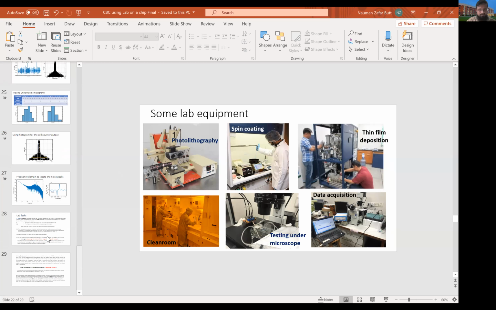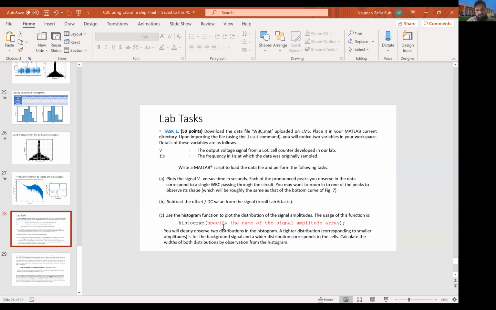चलिए ठीक है, तो लेट मी क्विकली एक्सप्लेन द लैब टास्क ताकि आप आराम से स्टार्ट कर सकें अपना काम। तो बेसिकली लैब इज़ आपके पास एक ही टास्क है, उसके सब टास्क हैं फिर। तो यू हैव दिस 50 पॉइंट्स इन टास्क 1। आपने एक डाटा फाइल, यू हैव टू डाउनलोड दिस डाटा फाइल wbc.mat। ऑलरेडी इट्स अपलोडेड ऑन LMS। आप इसको अपनी मैटलैब की करंट डायरेक्टरी में लोड करेंगे